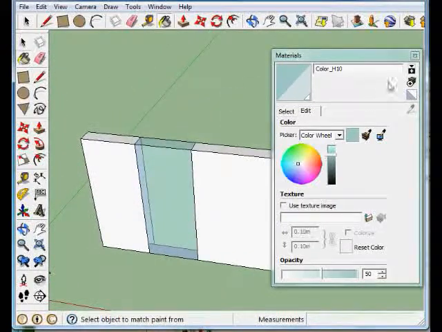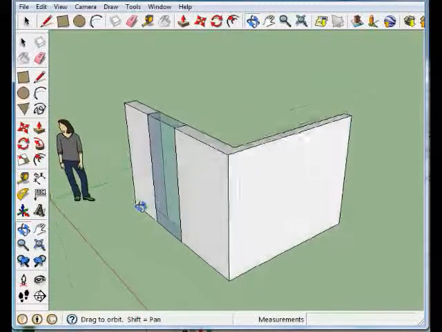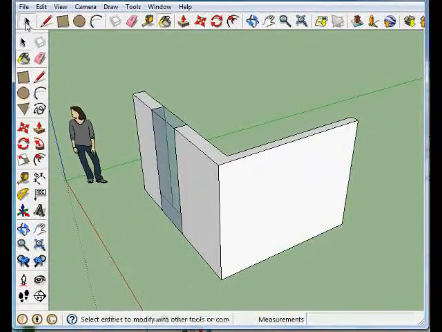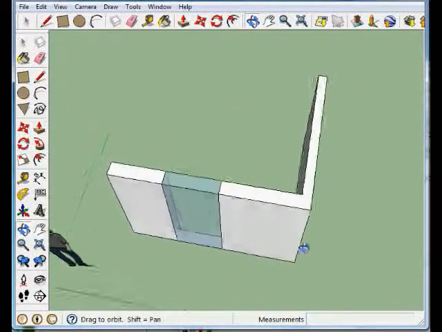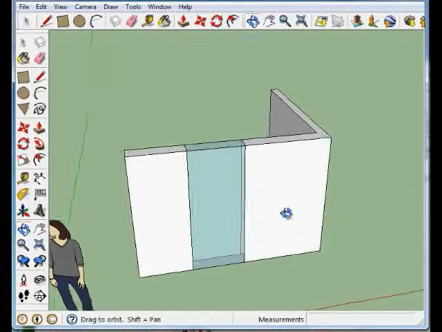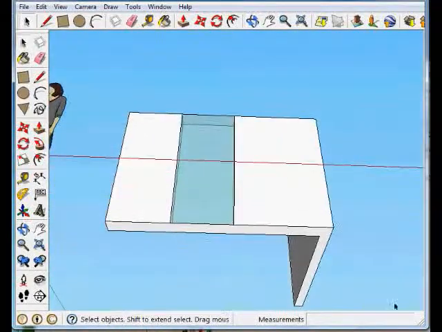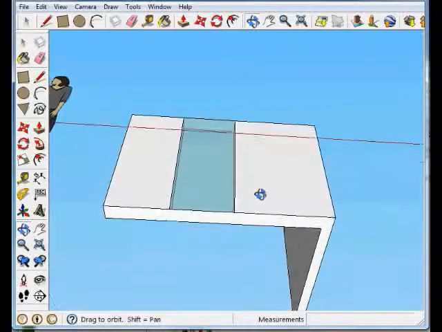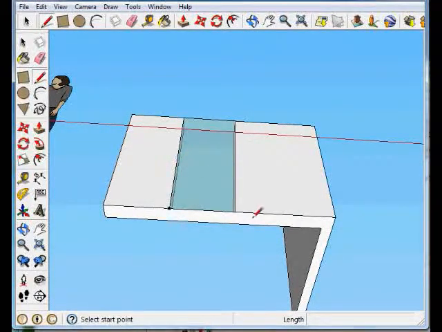One thing that becomes quite obvious when we get to this point is that our walls are actually hollow, so you can see straight through them on that side there, and when we orbit around we can see straight through on this side here as well, which is something which needs to be corrected. There are two ways we can do this. One is very easy. If I scroll to the bottom, select my line drawing tool, and just quickly add 2